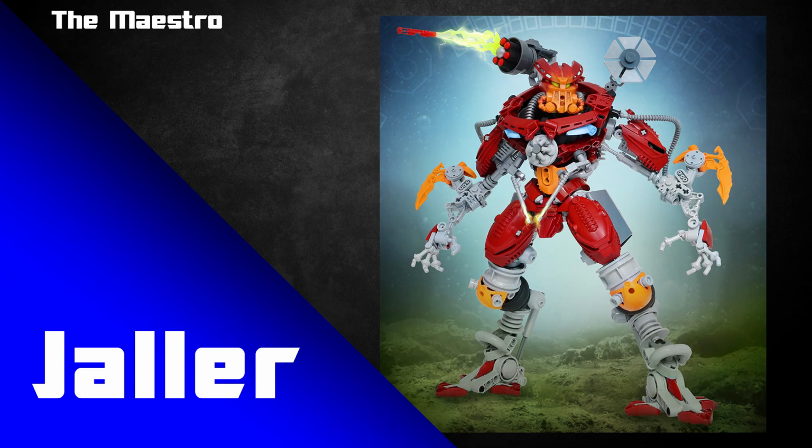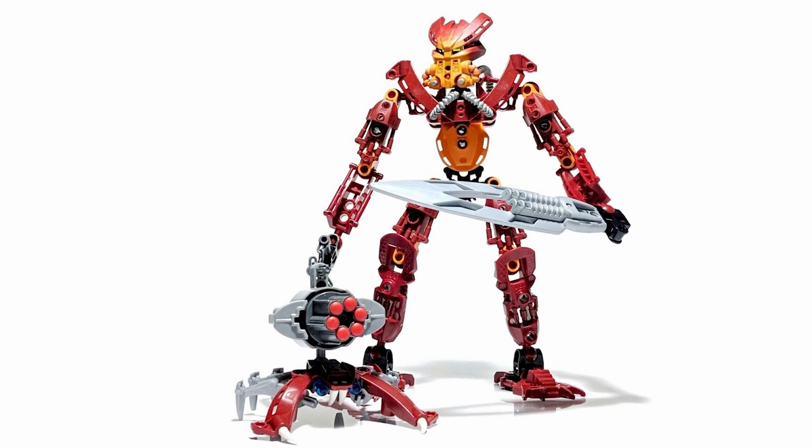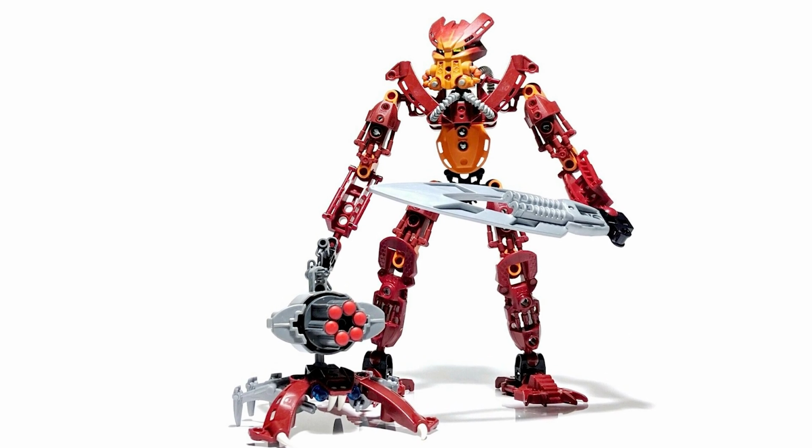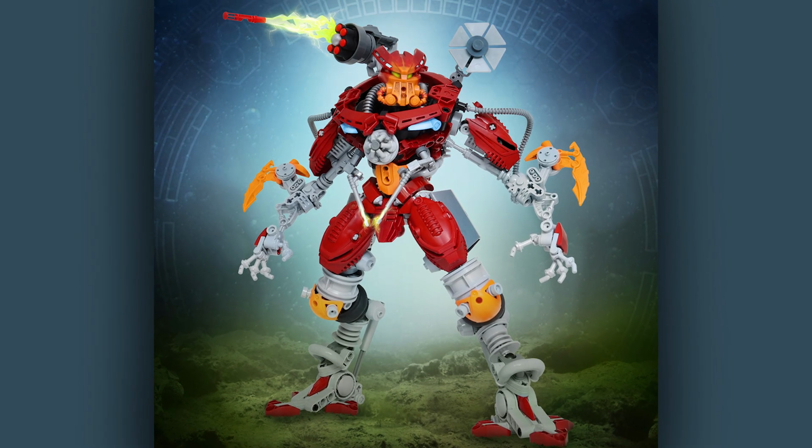This is built by the Maestro. Was it built by the Maestro? Yeah, I believe so. And this is Jala. So obviously the original set for Jala had the little crab companion, and I do love a good crab. But what I think is really clever with this revamp is the crab has almost been incorporated into the actual